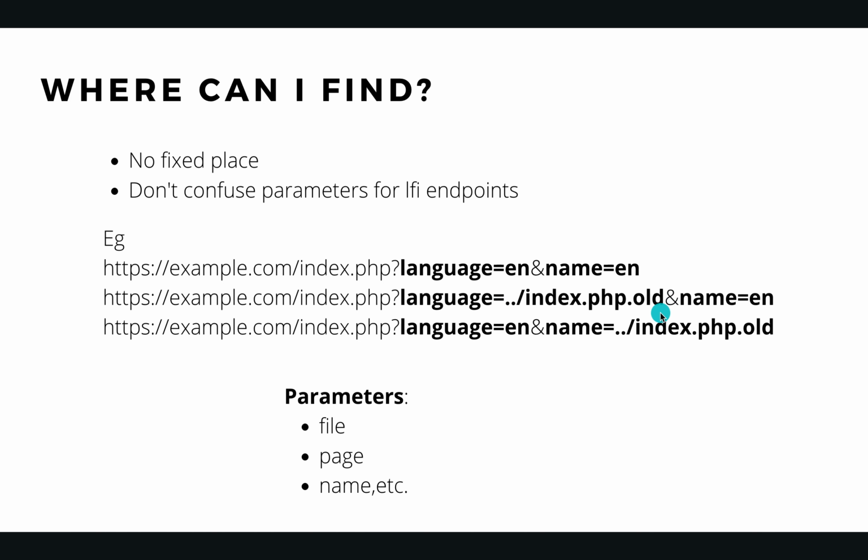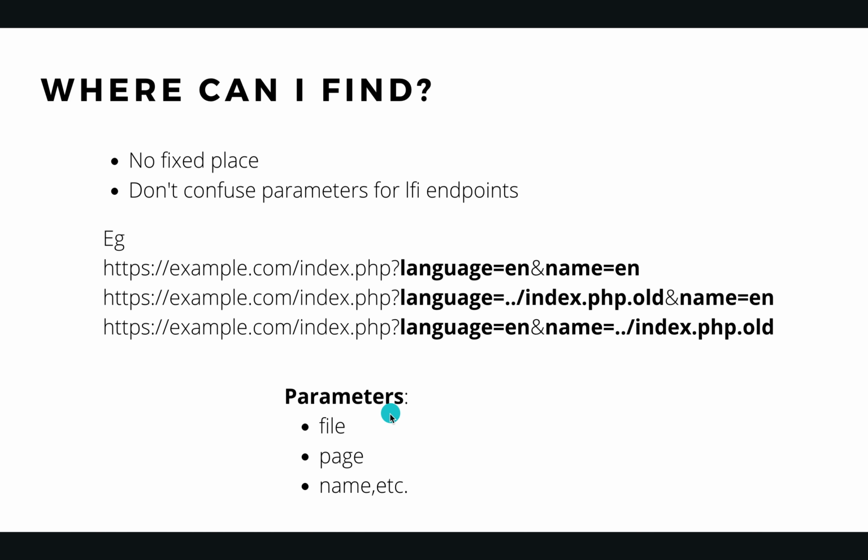Now what happens in the next example: you just change the name parameter with this thing. Here you do find changes in the output. So this tells us that the name parameter is vulnerable to LFI. Again, I'm telling you that there is no hard and fast rule that this will be vulnerable and this will not be. All you have to do is try to brute force your way out.